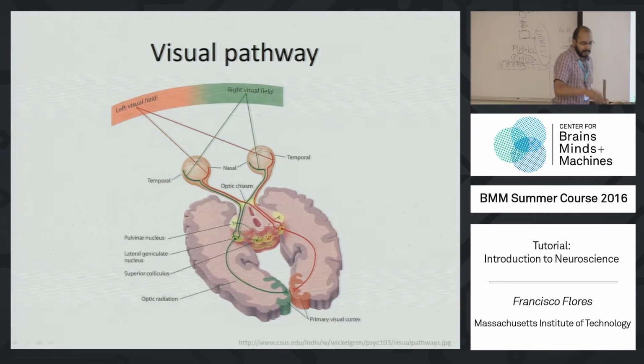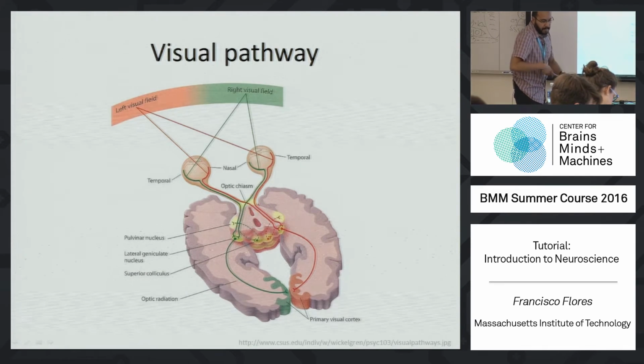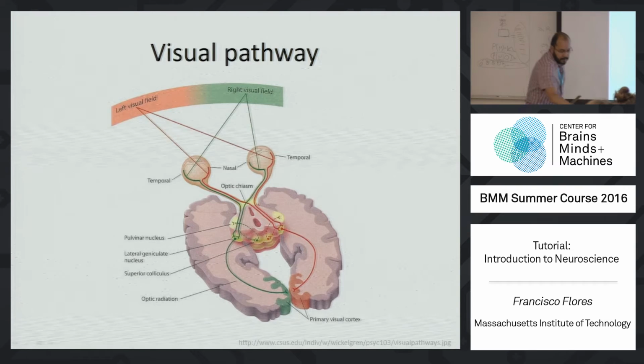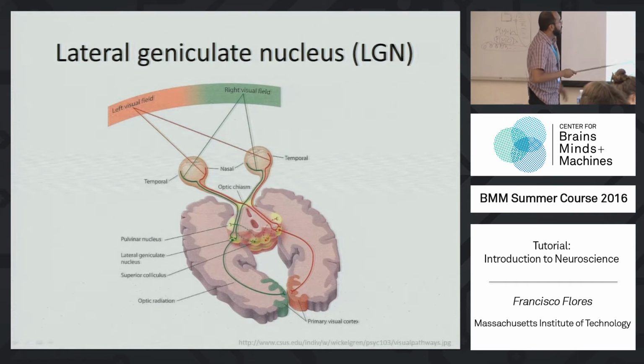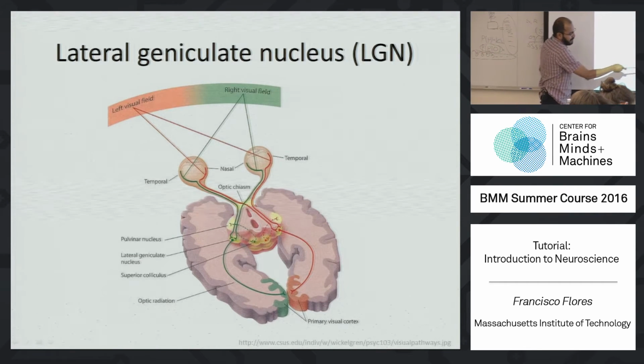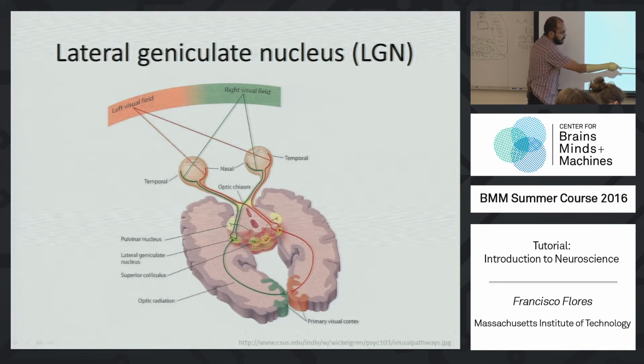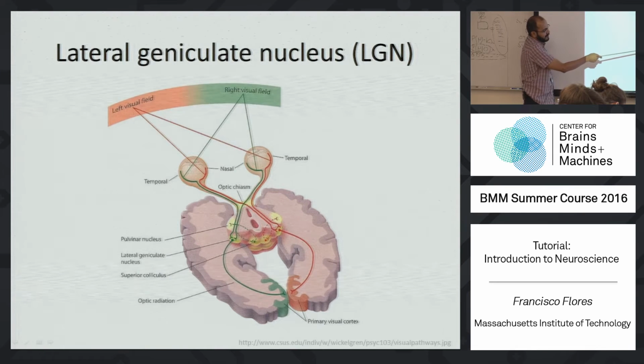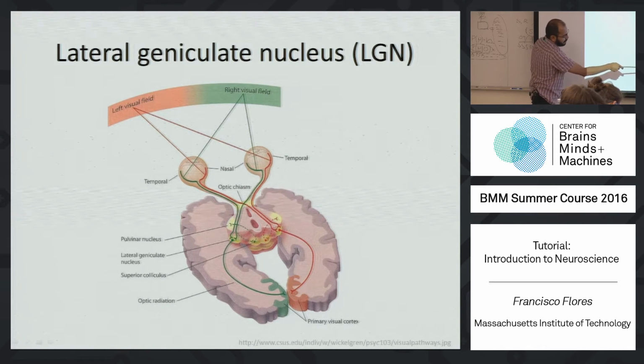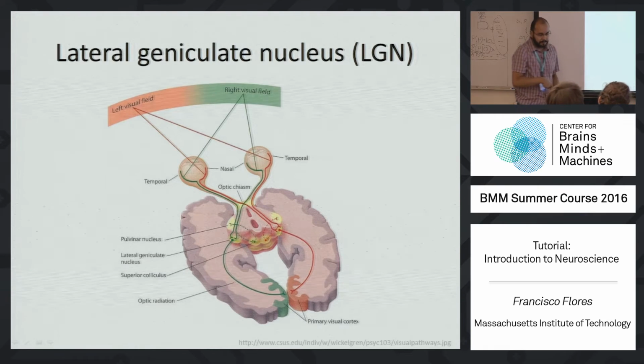So now if we go back to this slide, this one. The recordings were being made in this area, which is the primary visual cortex right here. But this area is receiving the input from the thalamus, which is this area right here. So the retina sends to the thalamus, connects to a neuron here, and then this neuron sends the spikes to the visual cortex. Now, one good question is, how does the receptive field of these neurons here look?